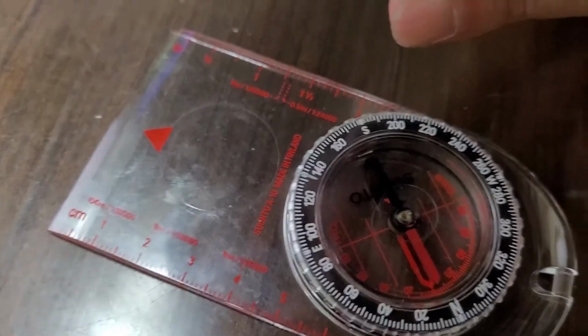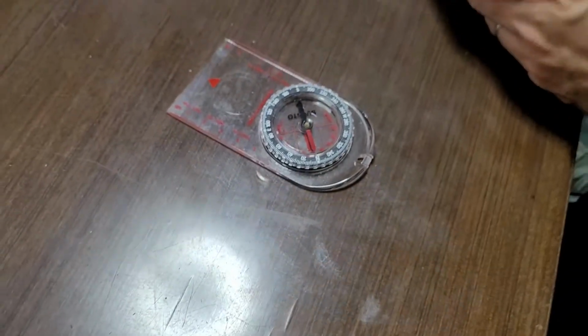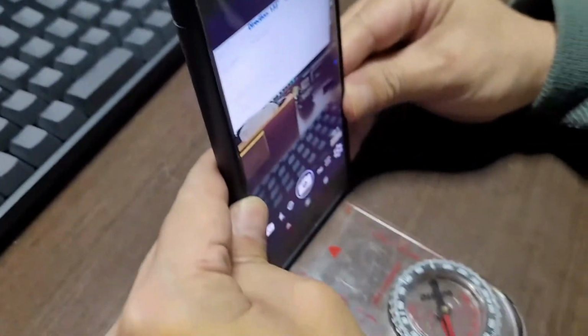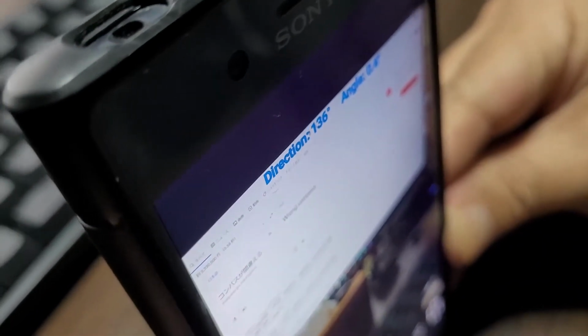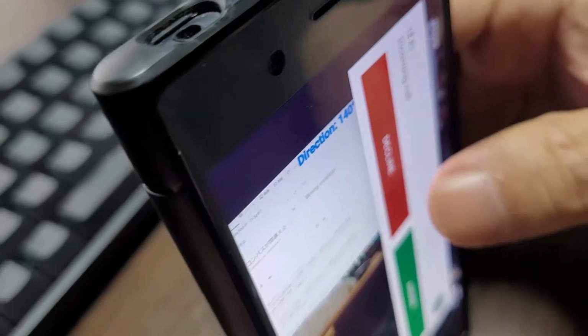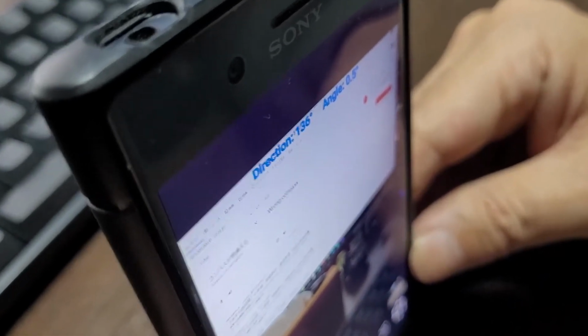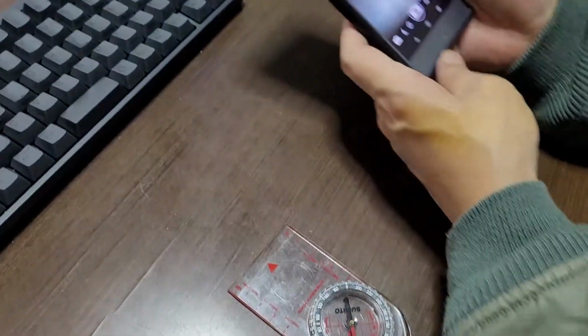136, 34 or 35. 134, 35. Okay. Now 100. No good. 138, 37, 36. About just, but little different. And